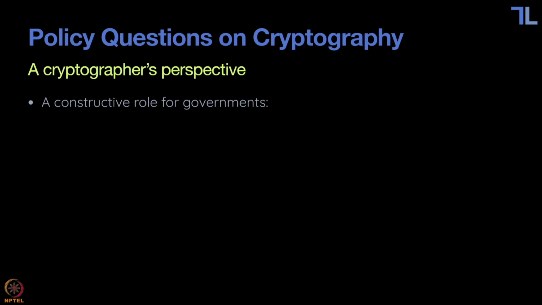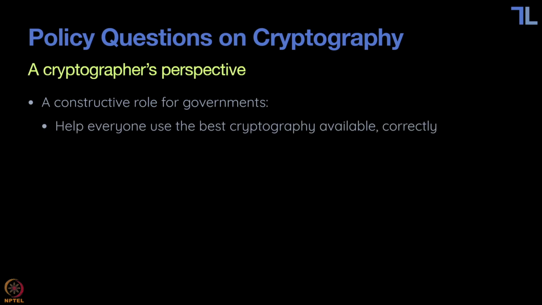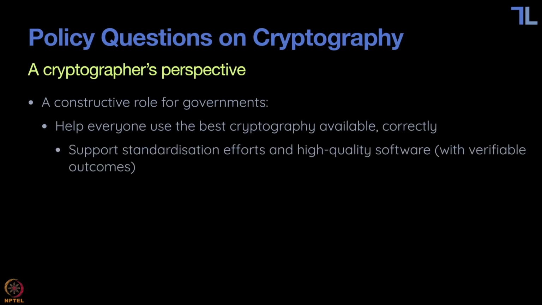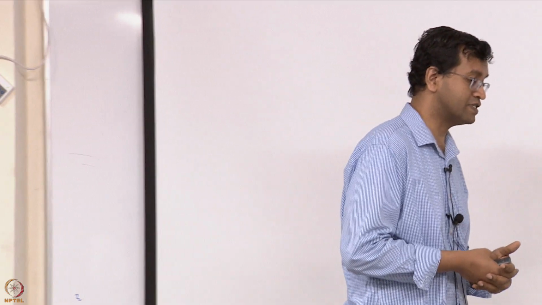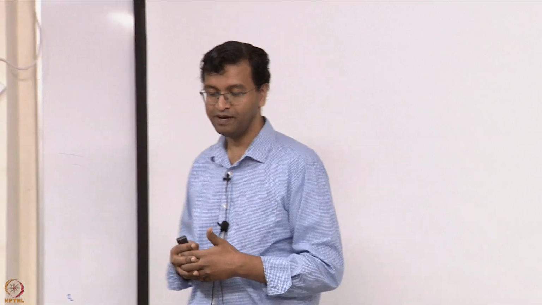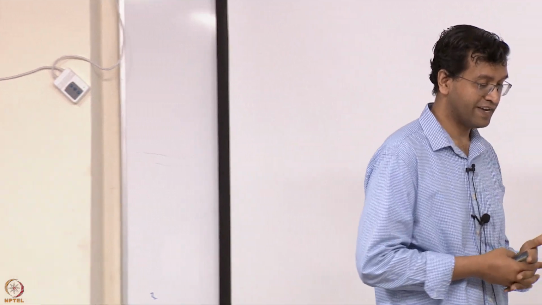What governments should do, probably, is to help everyone use cryptography, the best cryptography available, in the best possible way, right? Correctly. And eliminate the chance of bugs. So currently, governments or law enforcement are looking forward to there being some bug in some encryption algorithm or some standard software so that they can exploit it. That's just backwards. What they should do is help everyone get their software running correctly,